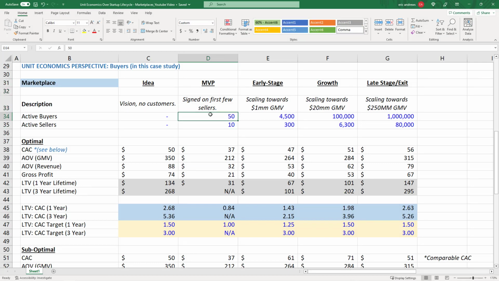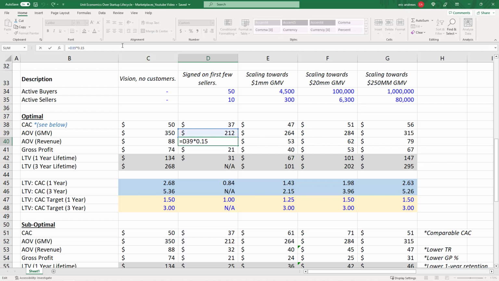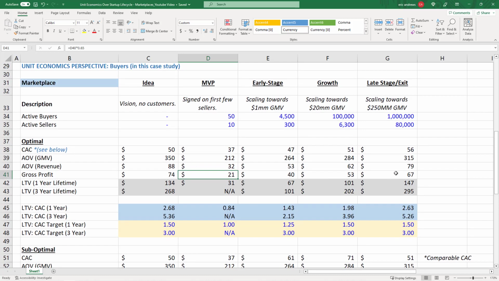MVP, we have 10 sellers, we have 50 buyers. We actually were able to acquire both sides of the marketplace for a blended CAC of $37. GMV was only $212, so it's a bit lower, but we are doing some discounting. We're doing things to try to onboard new people. And so our revenue, we're saying we didn't take 25%, we took 15% because we're starting out. So our gross profit was only $21 per order. So it's obviously lower than our vision, but we know we're trying to build backwards to that vision in the